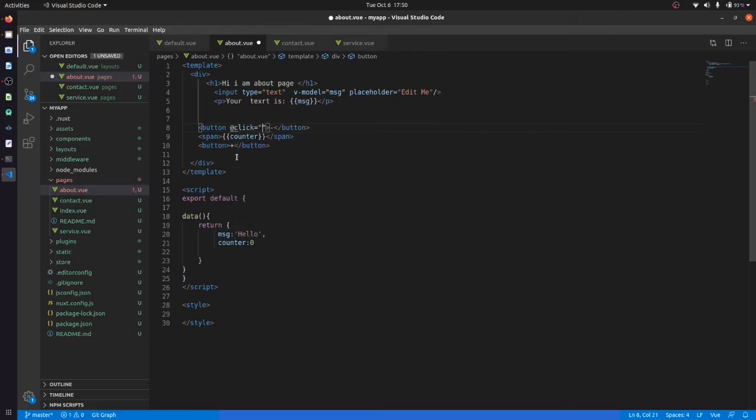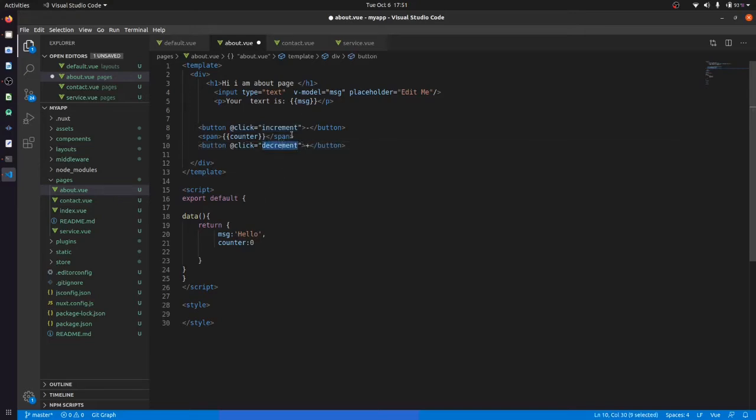You can see that we have click. If you want to use it like this, v-on:click, you can also use it like this. I know this is one property that I have been using for the last few months, so I will use this only, and we will give it a function name. I will give it increment. In a similar way, I will give the other button the function name decrement.